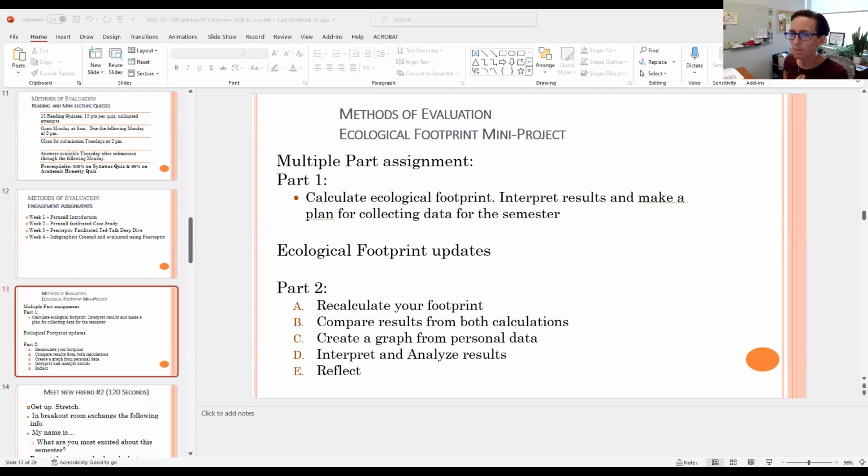You need to track some metric that pulls into or creates your ecological footprint, and collect data for the next 4 weeks. And then at the end of the course in week 5, you will recalculate your footprint, and you will compare your results from week 1 to week 5. And then you're going to graph all that data that you've been collecting, and you're going to interpret and analyze your graph and write that up. So that's